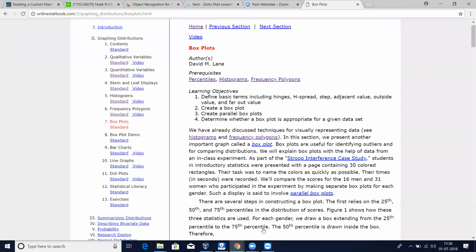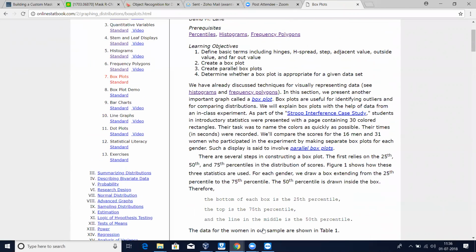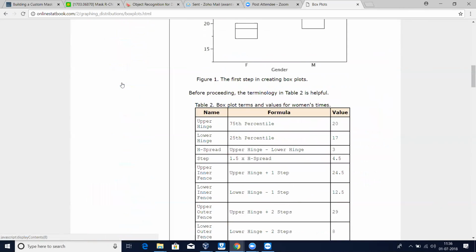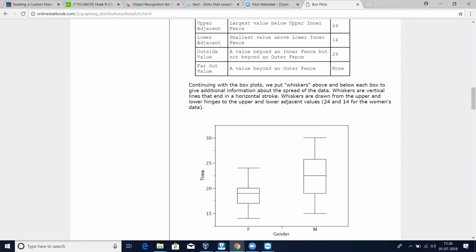Okay, this is very important: the box plot. So for a data, it first shows, this is female data. In female data, you can see the time information: the minimum time is this, the maximum time is this. Say you have a calculator. I think it's just the information now.